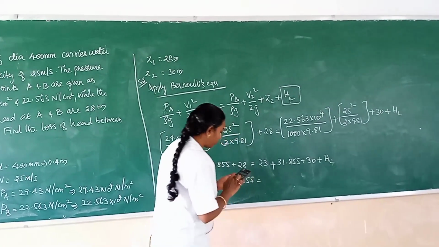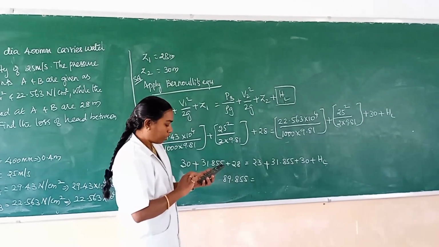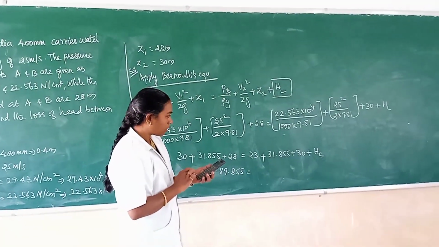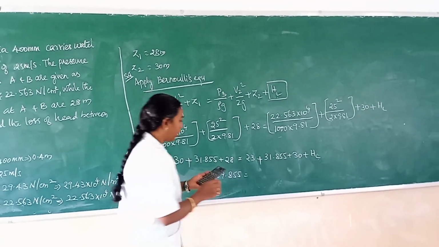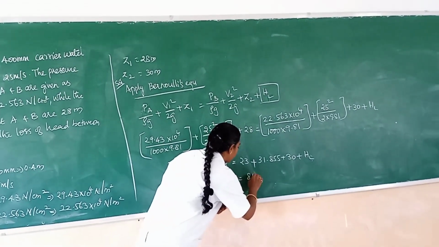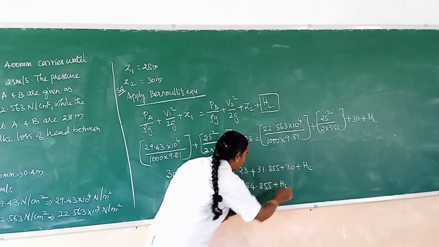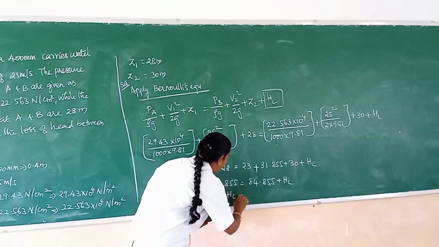Is equal to 23 plus 31.855 plus 30, 84.855 plus HL. Then HL is equal to